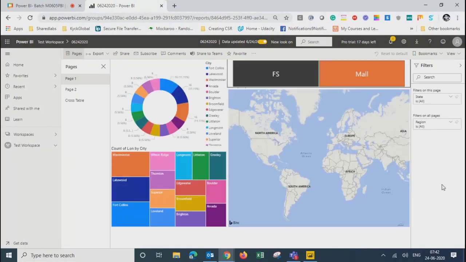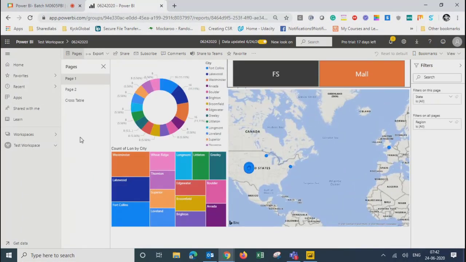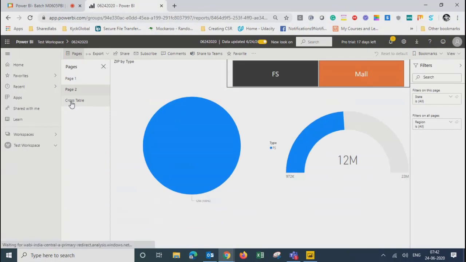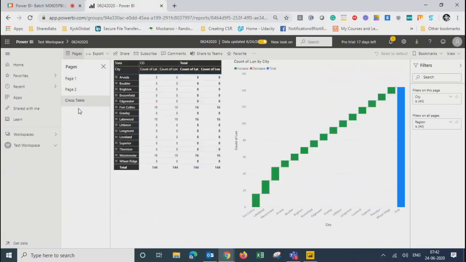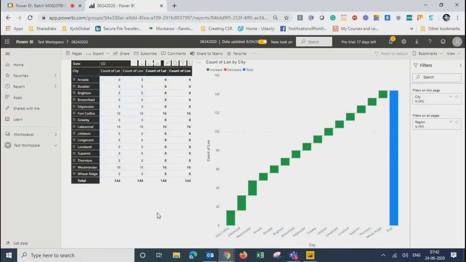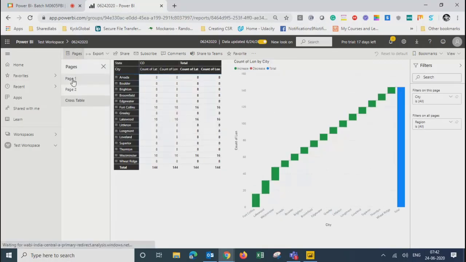Now over here, if you see, in your Power BI you have 3 pages, so that's why it shows you all 3 pages listed over here: page 1, page 2, and cross table. And then you can close it if you want. I believe you would need that so that you can navigate.